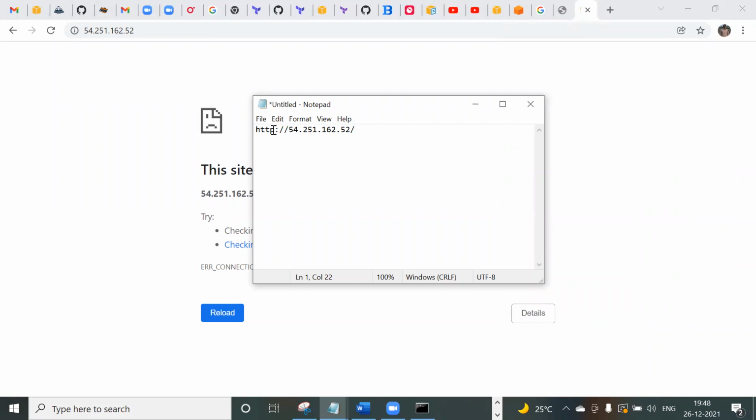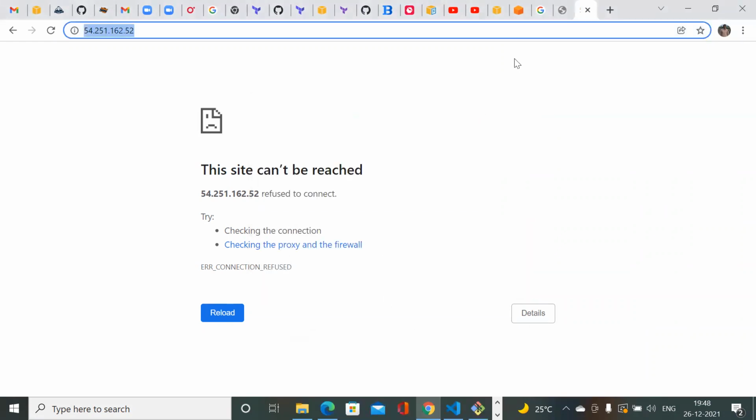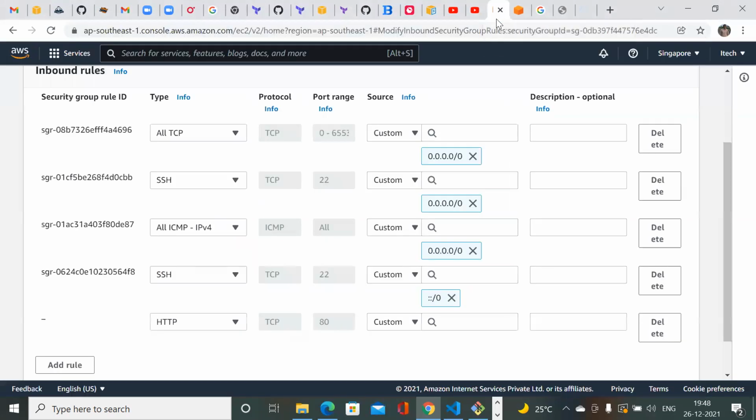Since it is a web application, all web applications mostly run on port number 80 or port number 443. If it is encrypted, the traffic will work on port number 443. If it is in clear text, it works on port number 80. I'm not enabling any encryption, so since it is a lab, I'm just using port number 80. So HTTP works on port number 80. Just keep that in mind.